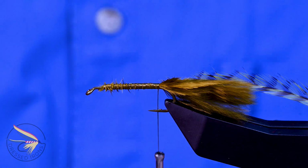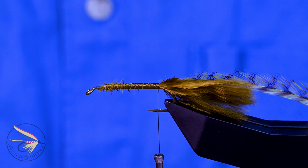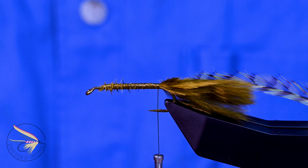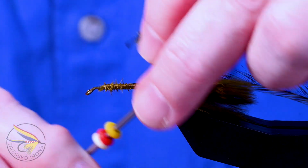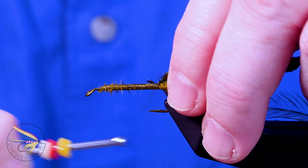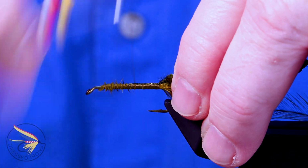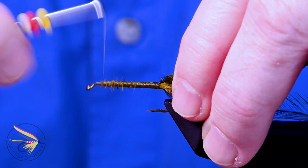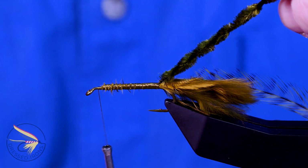There's another way, and this is, as I mentioned in the introduction, the way I saw Lefty Kreh do this one time, and it makes perfect sense. Once you see it, it's kind of funny. It's one of those things where you're like, why didn't I think of that? So now I'm going to tie in my chenille, and this is very similar to the Russell Blessing version of this. Moving my thread pretty much all the way up to maybe half an eye length or so